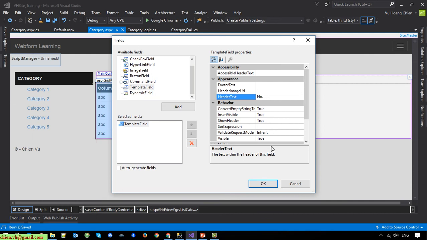Instead of displaying the category ID, I will display the order of the number of the data in the database here. So now it should be 1, 2, 3, 4, 5, 6, and so on. The template field,